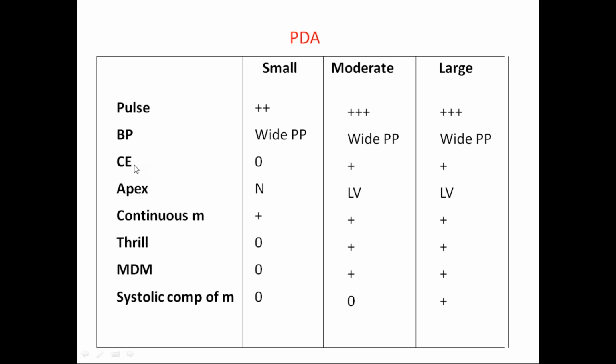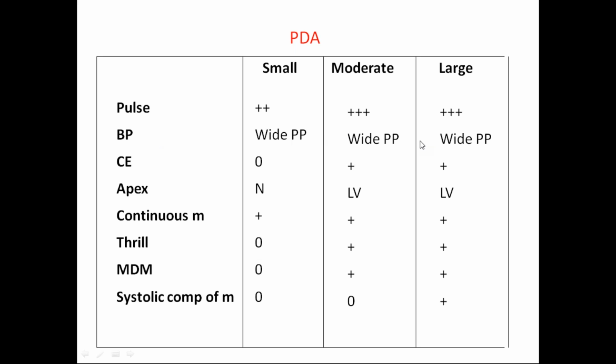Okay, and capillary filling, this is normal in a small PDA, and there will be flushing in case of both these two. And the heart apex on palpation will be normal in case of small PDA, and left ventricular type of apex with a hyperdynamic in case of moderate to large PDAs. And continuous murmur can be seen in all the things. Just remember, continuous murmur can be seen in all the variants, and BP will be wide pulse pressure in case